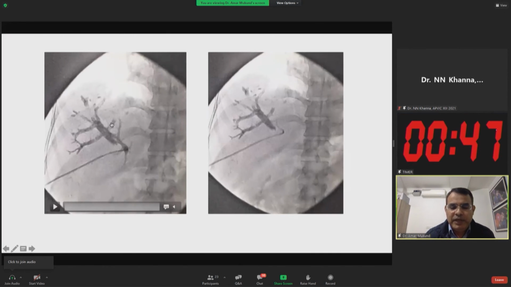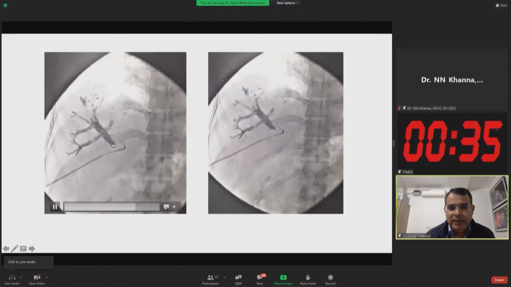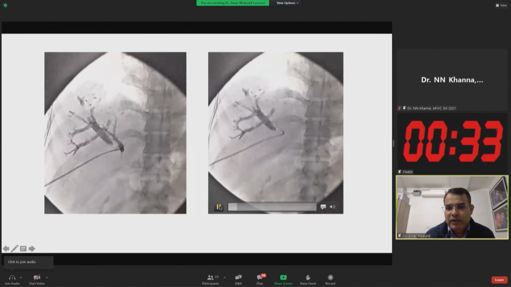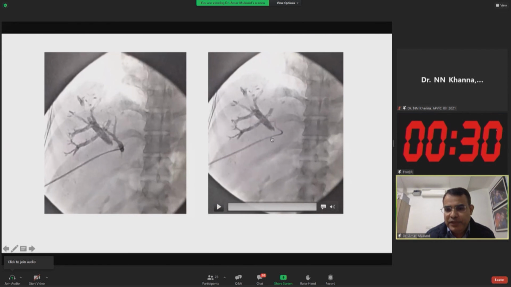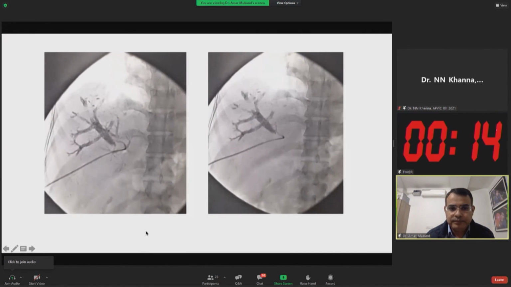So for this, percutaneous access for the portal vein has been taken from the right side, and glue has been injected in some of the radicals, the portal vein branches. However, this is not sufficient because there are still many more branches which need to be embolized. For such a case, whenever we try to inject glue into it, there are chances of it going into non-target and to the future liver side, which is very difficult. And to control that, you need to place a plug and then completely embolize this particular segment. And this is what has been done in this particular case.